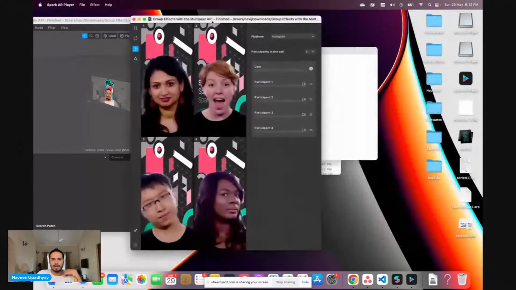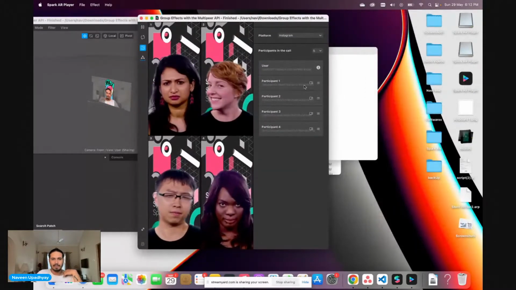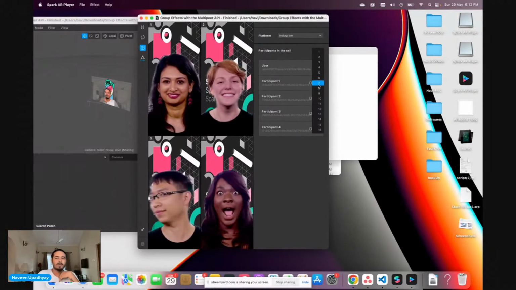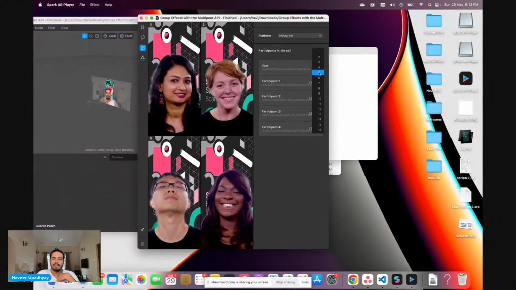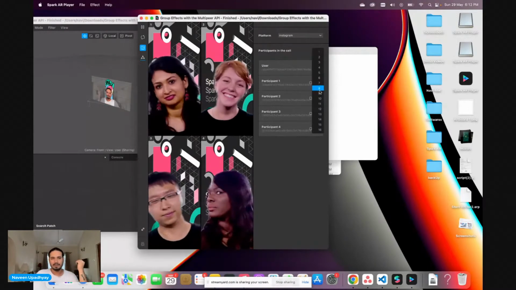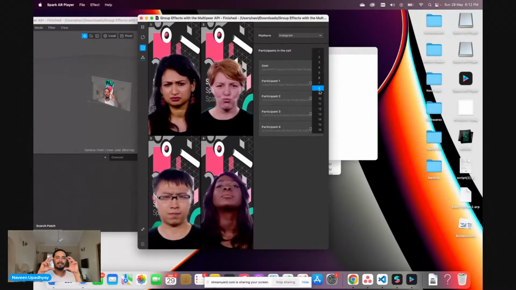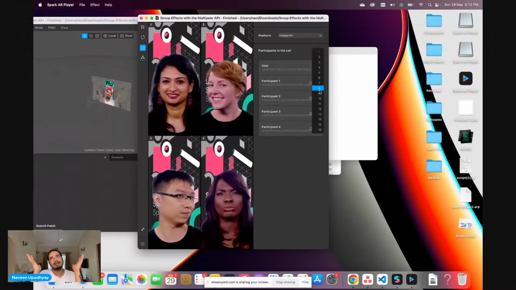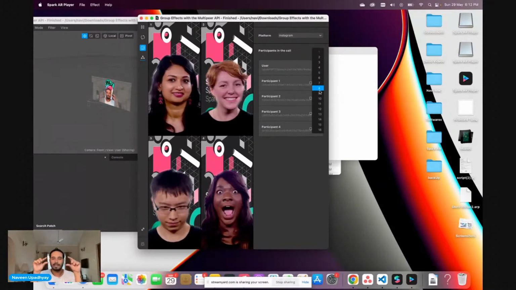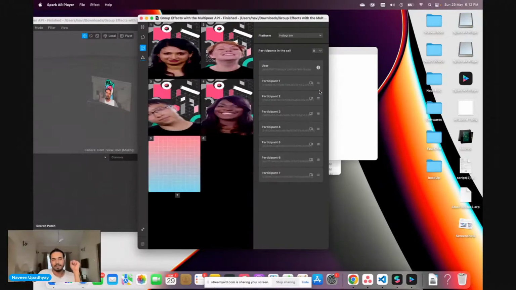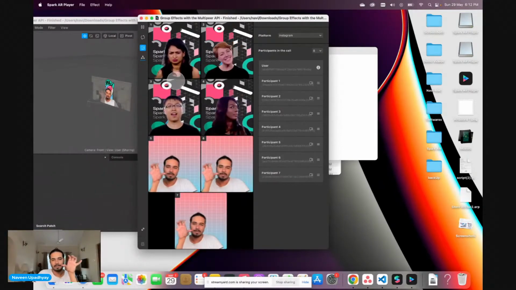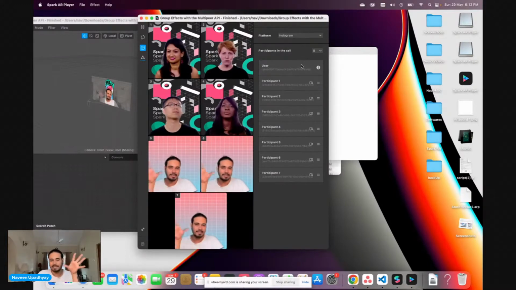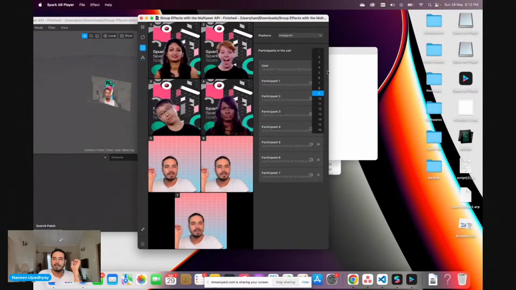Just get familiar with the Spark AR player. You can choose the number of participants as many as you want. You could go up to 10. You could go up to 8. Whatever. I think ideally 8 participants are big enough, because after that everything becomes so small on the phone. If you have 8 participants, then the screen is also very small, so the screens become too small, so it's just not a good UI if you want to test it or work with a larger number of users.